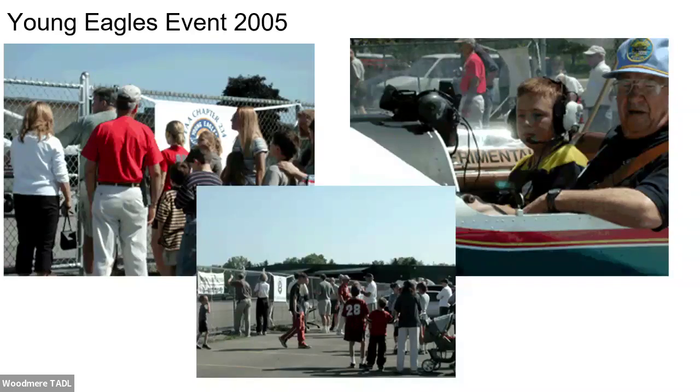So now we're getting into very recent history. Yes, it's still history. It's still 20 years ago. This is a Young Eagles fly-in. Awful quality photos because they came from the depths of the interwebs. But this was a fly-in that happened over at the NMC ramp,